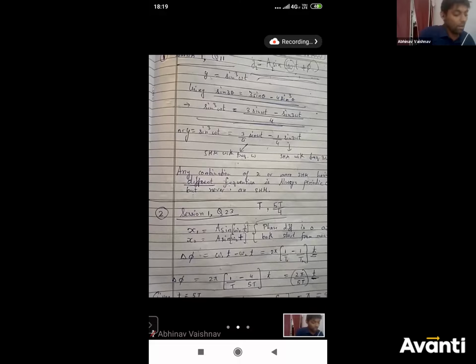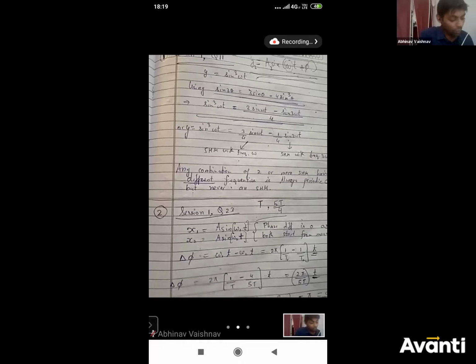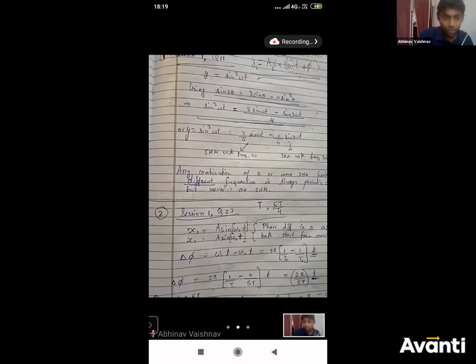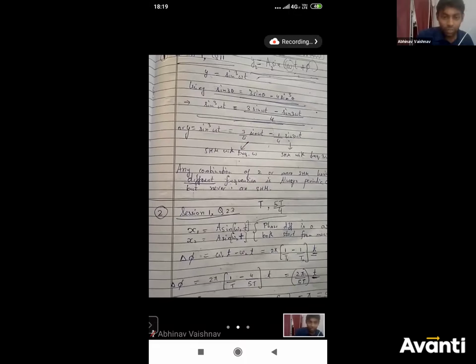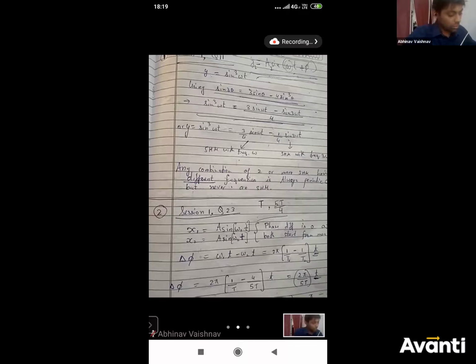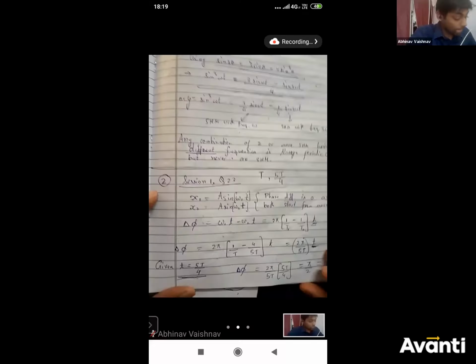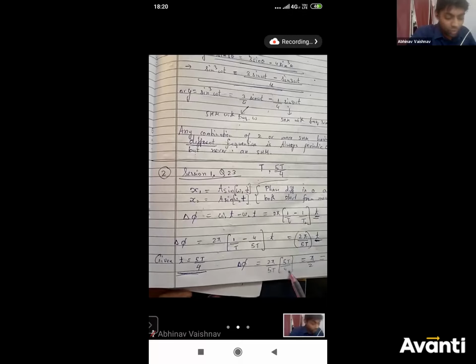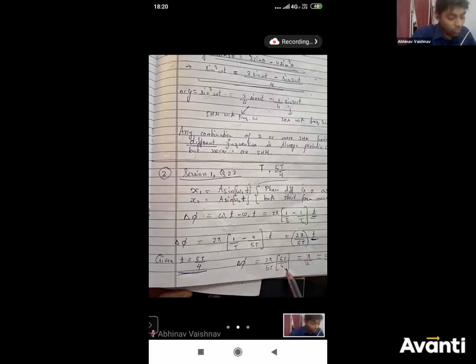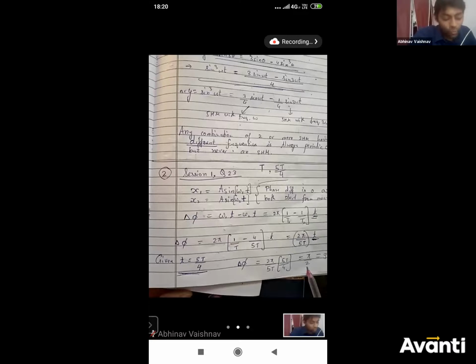particle with the time period 5T/4 completes one oscillation. So when the particle with time period 5T/4 completes one oscillation, that means t equals 5T/4. Again, you just have to substitute here. So t equals 5T/4, just substitute. So you get the phase difference at this particular instant is pi by 2, which is 90 degrees.